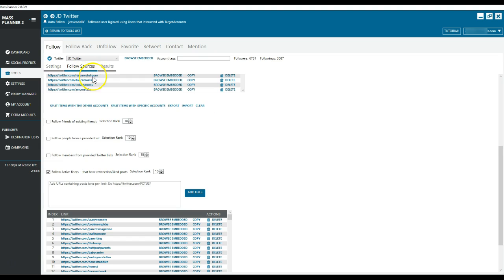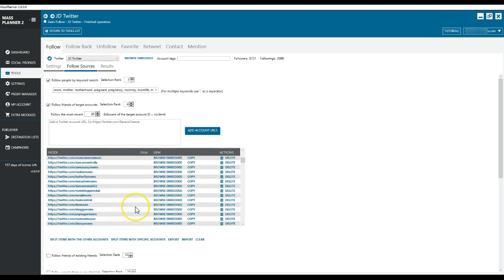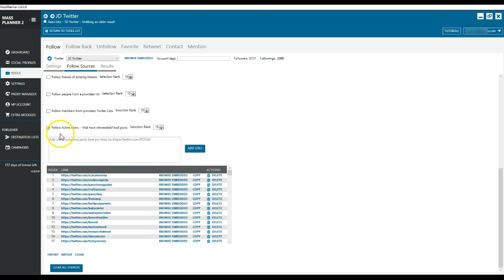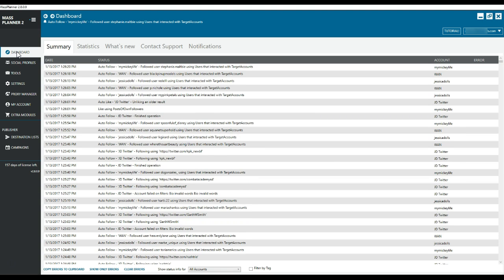It has the follow sources, and you could tell it to follow by a certain way. You could choose those big accounts that you want to follow their followers of, and those people who actively engage in those accounts. So you always want to follow very active accounts so that your account gets likes and retweets and all that stuff, engagement on your account. So I highly recommend this for Instagram, Twitter, Pinterest,